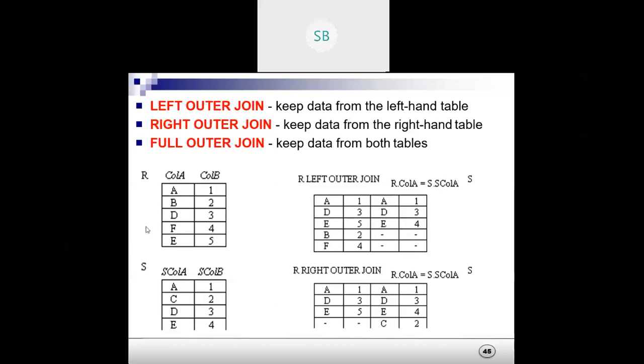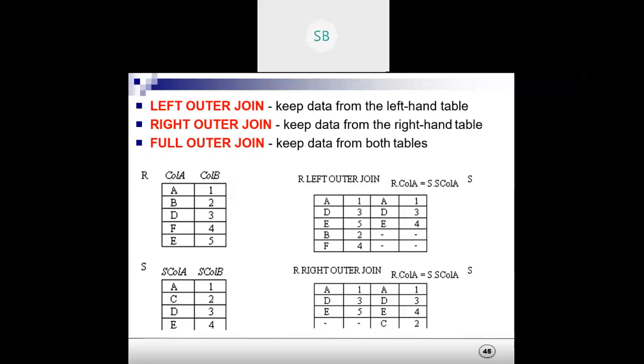So, you have 2 tables, this one R and S. This R and S consist of some tuples and columns, right? Column A, column B, and tuples are the rows. What are the rows? A, B, D, F, E. And similarly, the S table column contains these tuples A, C, D, E. Now we know that joins work on the tuples, because from yesterday's class we are clear that they check for the tuples.